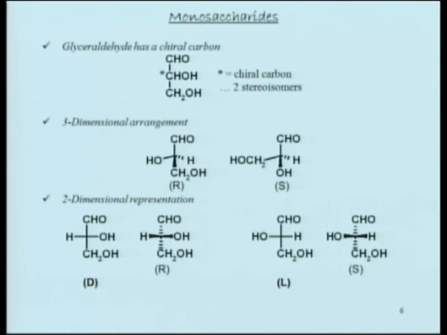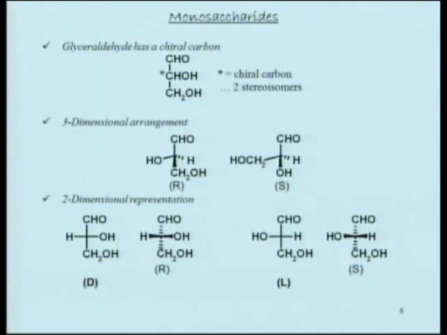What have we done? We have kept the orientation of that CHO the same as that. We have kept the orientation of this the same as that. And we have simply swapped these two groups. So in essence, what has happened? By swapping, we have now changed priority number 1, 2, and 3. So that becomes an S, anti-clockwise. Yeah? And this logic applies for all, not necessarily just carbohydrates.